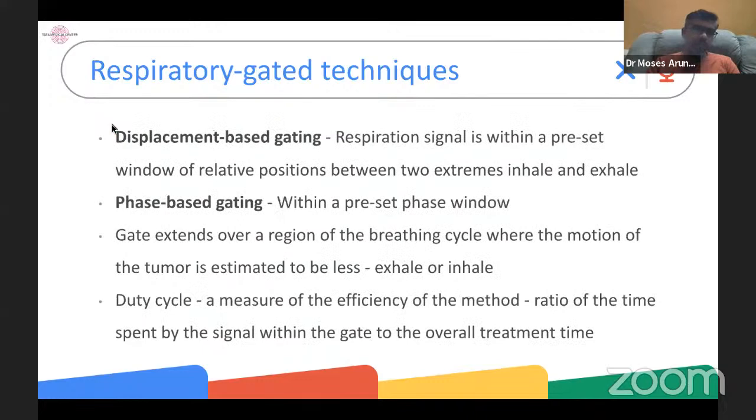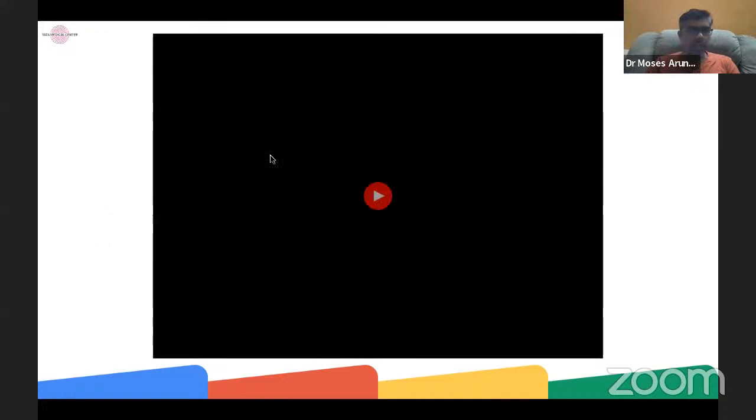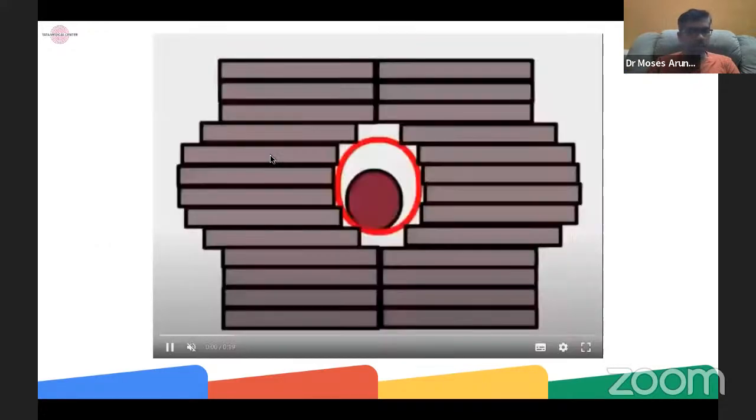So there are different ways of classifying the gating. You can do a prospective gating, wherein you decide the gate even before the image or the treatment is delivered, or you get the phase-based gating, wherein you set the gate based on the preset phase window. Duty cycle is the efficiency of the time spent by the signal within this gate to the overall treatment time. And these are things that you need to keep in mind when you think of using